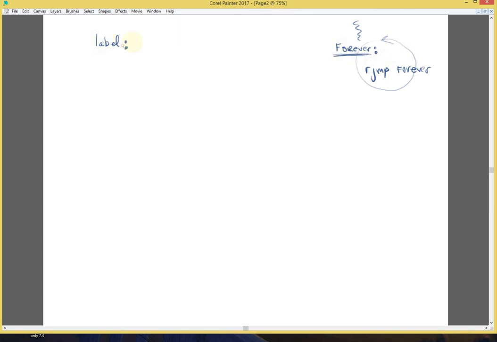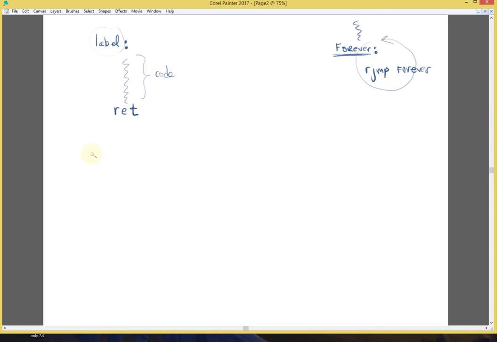Well, a procedure also starts with a label, except with the difference that now you have to enclose the code that is part of the procedure between a label and a return statement. Okay, so here is where you put your code for the procedure, and it's always sandwiched, if you will, between a label and a return, and the name that you put here is the name of the procedure. Okay, so if you have a procedure called add two numbers, for example,